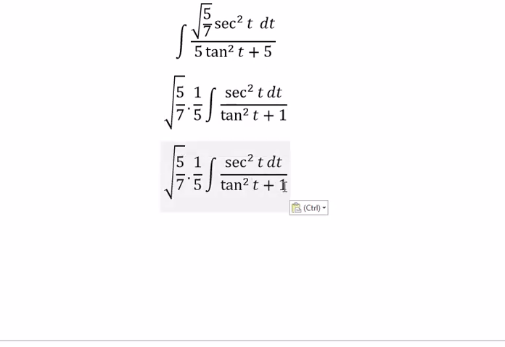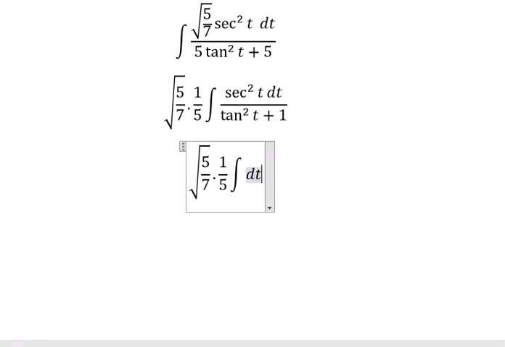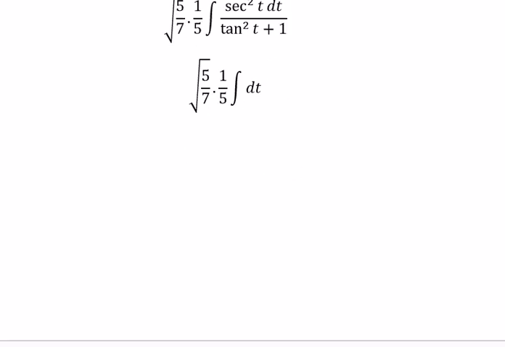Tan t squared plus 1 we change to secant t squared. This one cancels this one. And now we just have